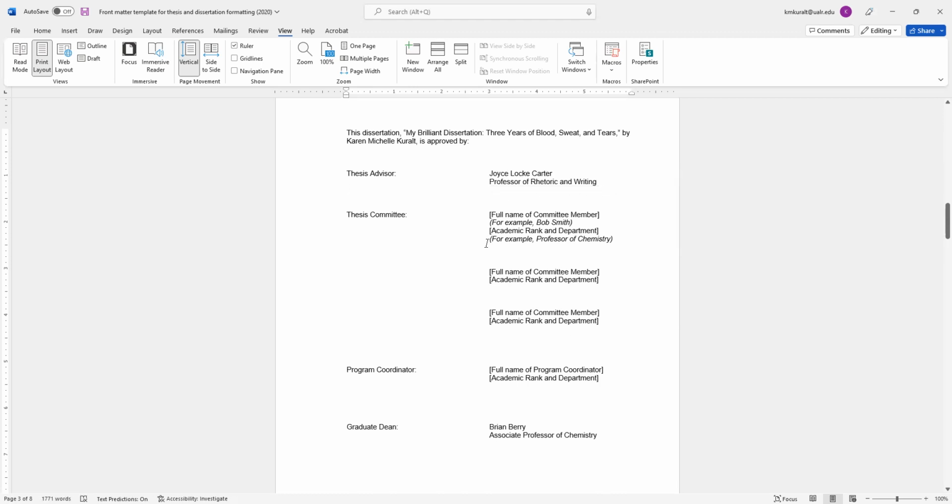Okay, now pay attention to the formatting here. Notice that I don't have to put any little line for her to sign on because we're not going to ask for any physical signatures. All of the approvals go through electronically, nor would we want to upload people's signatures to an international database like ProQuest because that's just asking for identity theft. So notice that when I'm done with this, her name should be lined up with the line thesis advisor, and all there is those 2 lines. Okay, any questions about that?